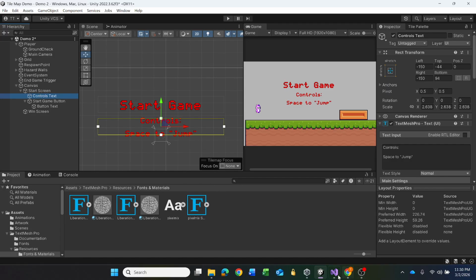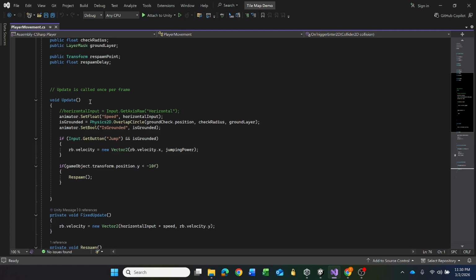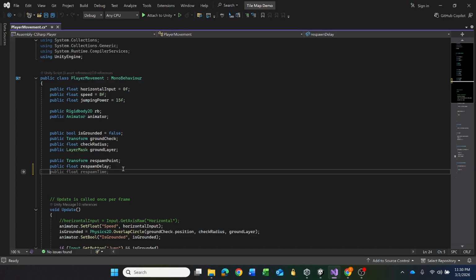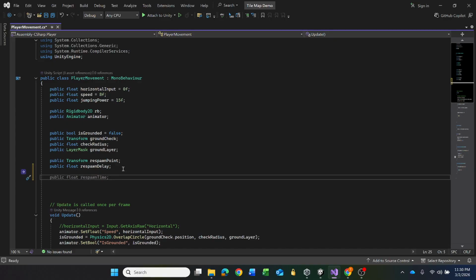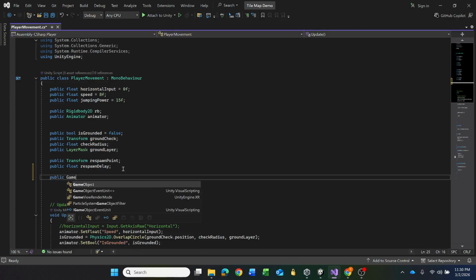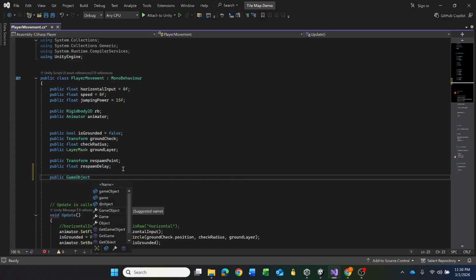All right, so let's go into our coding. And the first thing first, we're going to scroll all the way up to the top here, and we're going to need a couple basic references. I'm going to get a public, and this is what we're going to call a game object. So in Unity, we can reference any game object in our hierarchy, and this is going to be my start screen